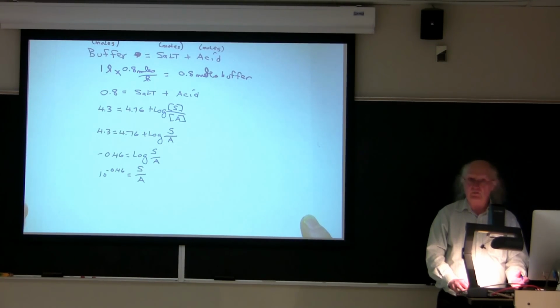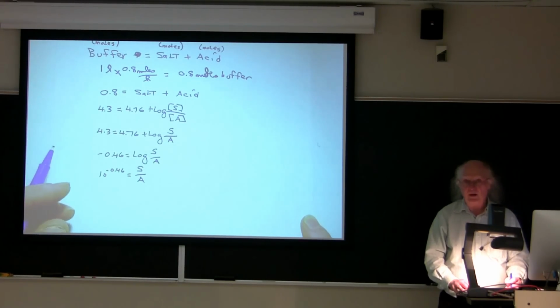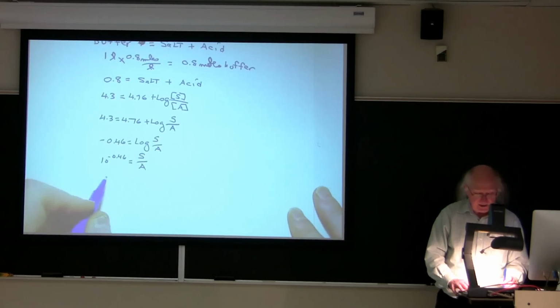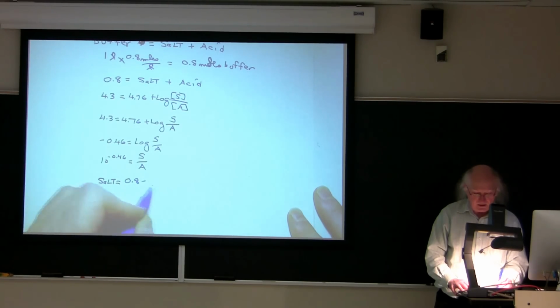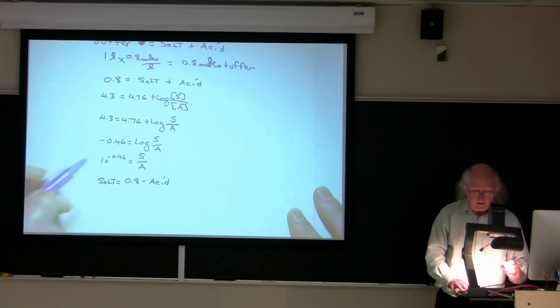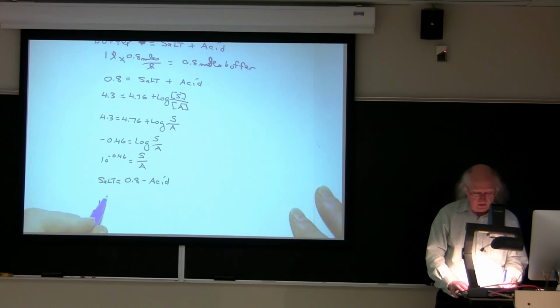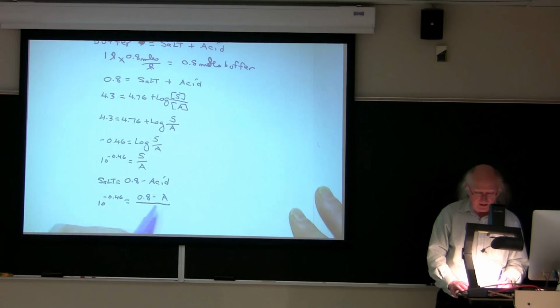So what I can do is then rearrange the equation above to solve either for salt or for acid. I could say that salt equals 0.8 minus the number of moles of acid, or I could say that acid equals 0.8 minus the number of moles of salt. And it doesn't really matter which one I choose. I'm going to say here that the number of moles of salt is equal to 0.8 minus the number of moles of acid. Well, in that case, I can now substitute into this equation and say 10 to the minus 0.46 is equal to